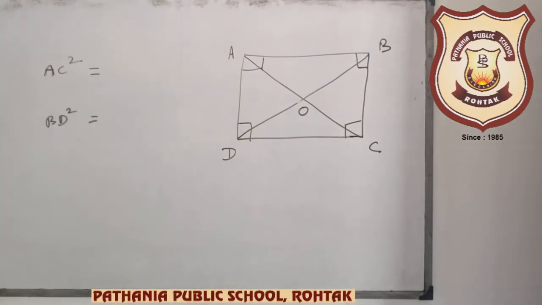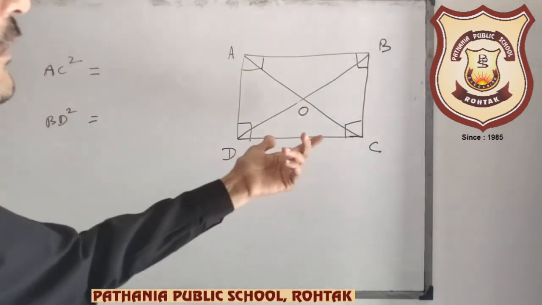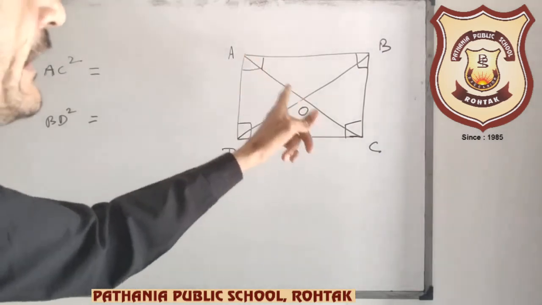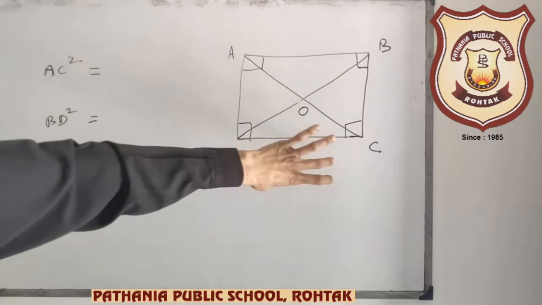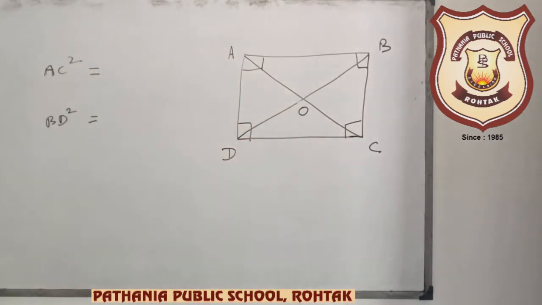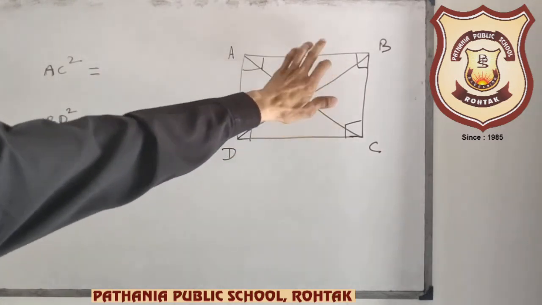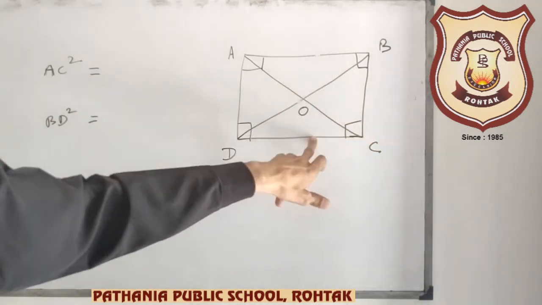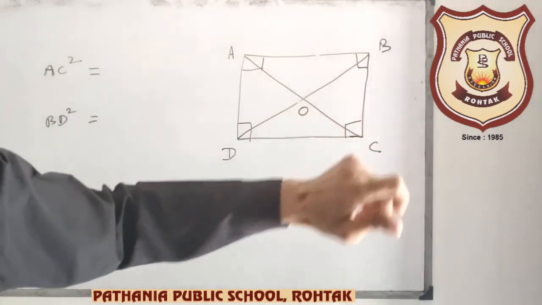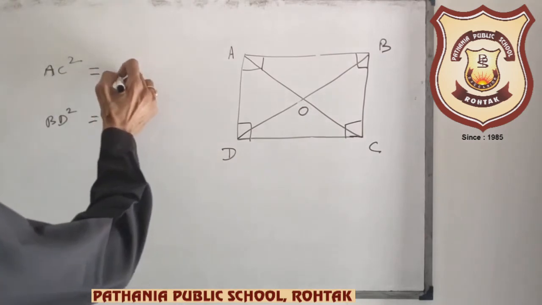So in Pythagoras theorem, what is it, beta? Hypotenuse square is equal to perpendicular square plus base square. What will AC square be? AC square is this square plus this square. AD square plus DC square. If you take this triangle and if you take this triangle, then AB square plus BC square, you can write anything. Both sides are equal. So I am going to write AC square is equal to AD square plus DC square.